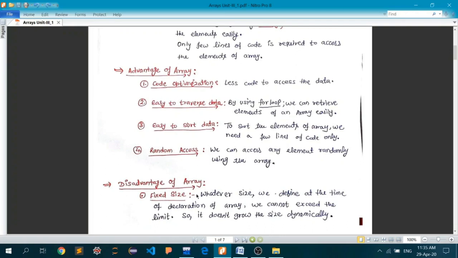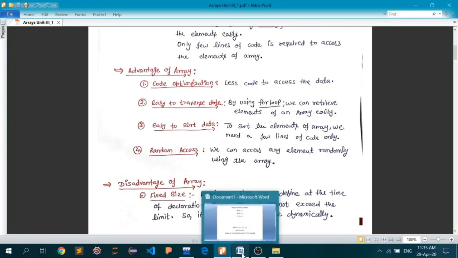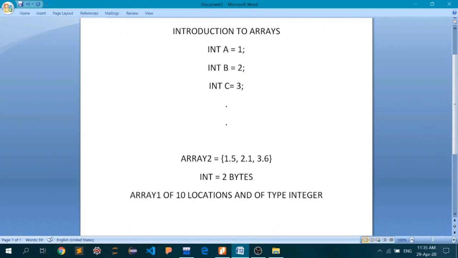So a disadvantage of an array is that it is of fixed size. Whatever be the size, it is of fixed size. That means if I am going to initialize this particular array, before inserting the data points, I have to tell in advance how many data points there are going to be.